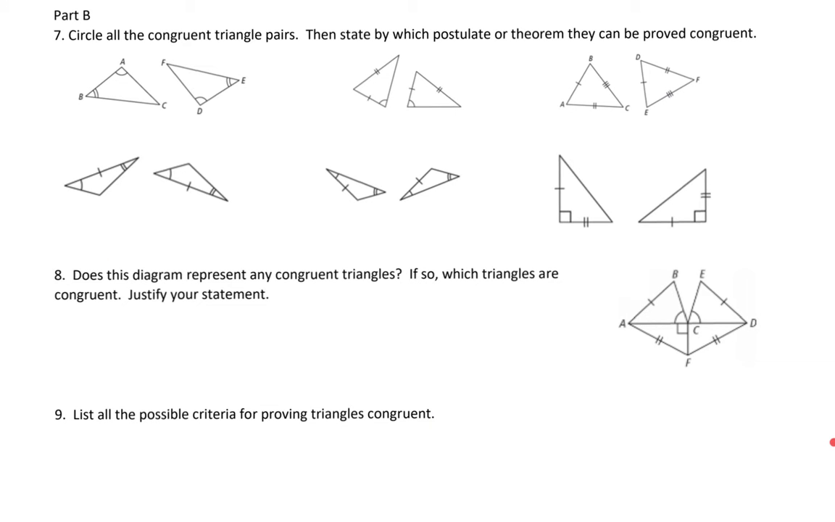Part B, number 7 says, circle all the congruent triangle pairs, then state by which postulate or theorem, we call those shortcuts, but postulates and theorems prove them congruent. All right, here we go. Well, the first two,